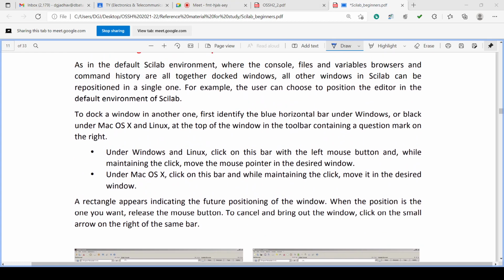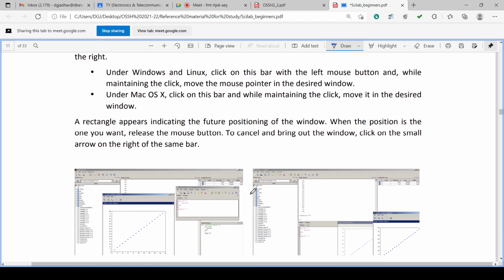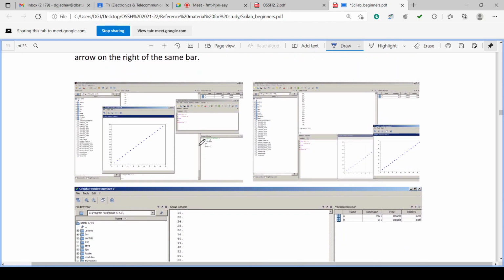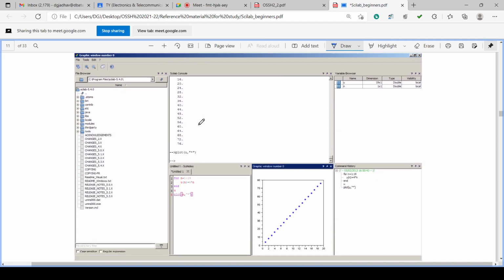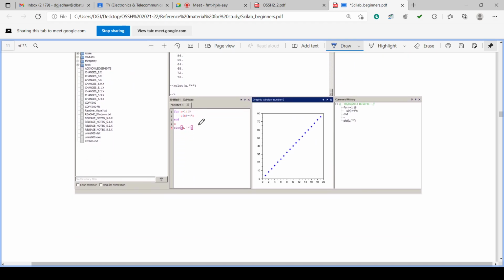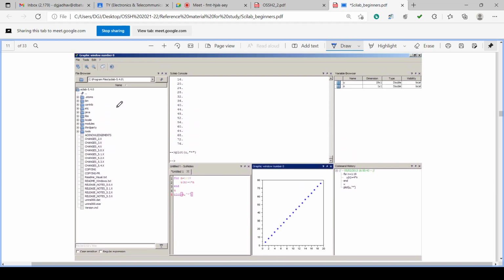So you can dock the windows. Docking means putting the windows appropriately one after the other. You can have the docking like this, with the graphics window like this, console and editor like this. Console is here, editor is here, graphics is here, variable browser is here, command history is here.